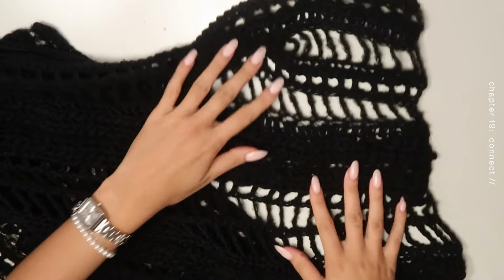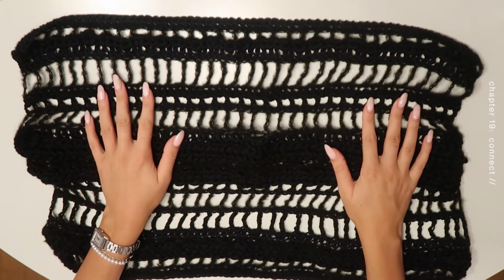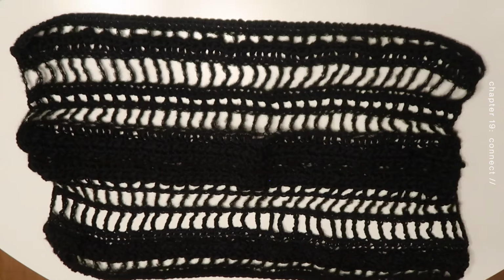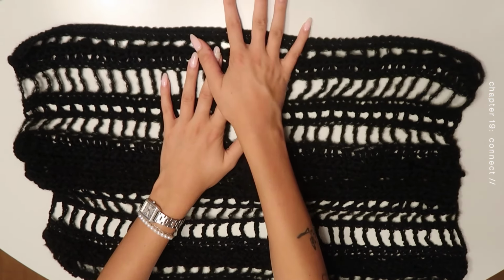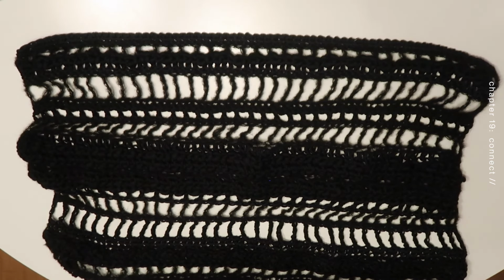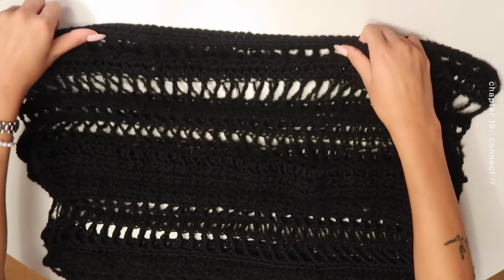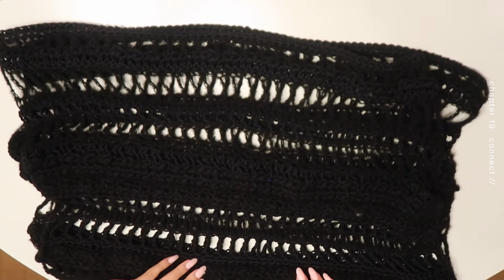And now what we're gonna do is we are going to lay everything down. Make sure that you lay it in front of you, like here is your face going to be, and this is the bottom of your shirt. So here is your head and here are your shoulders. And you're gonna take your second part and you're gonna lay it down in the same direction. So make sure that it's the exact same order of rows,